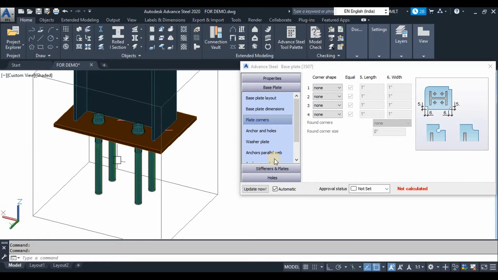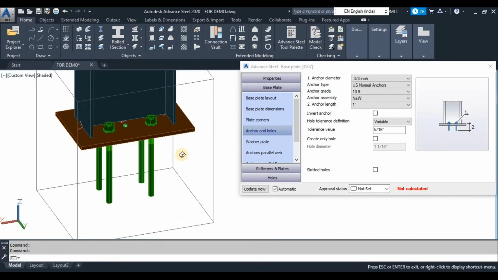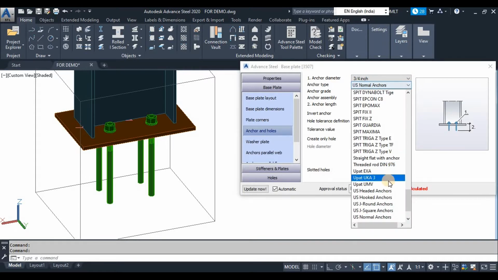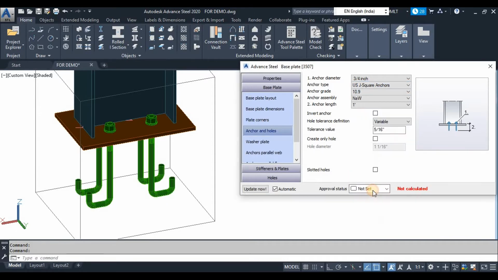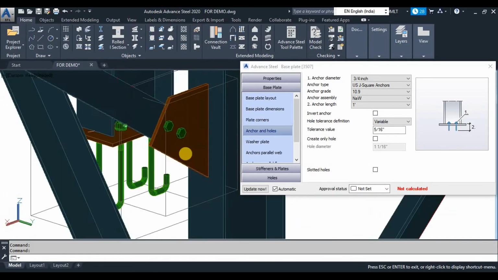Next we will see the anchor bolts. There are a lot of variations available for the anchor bolts. These are the diameters, and this is the types. By default you will get the US normal anchors. If you want to add the J square, see how it is converted into a J hook.